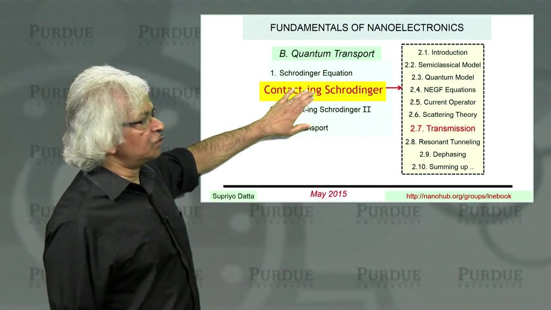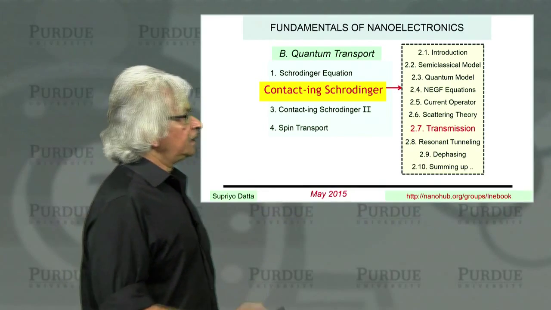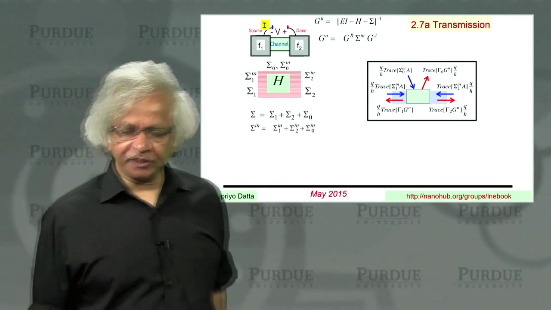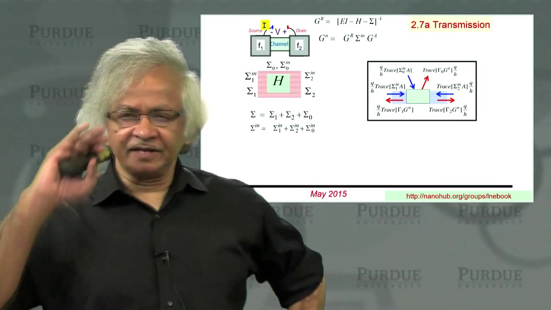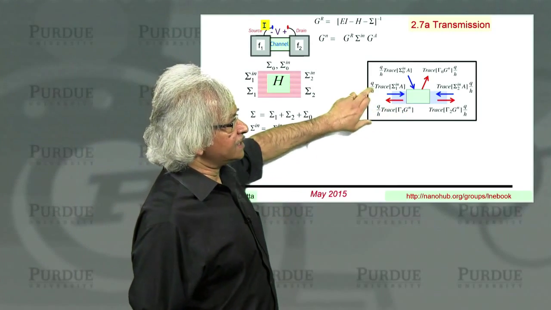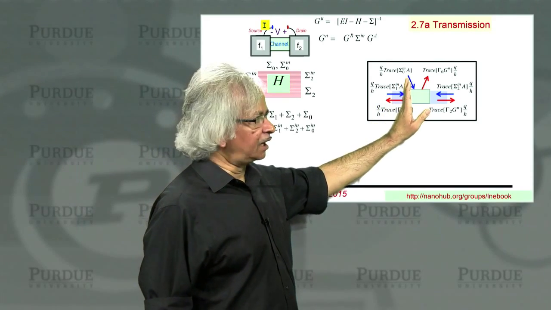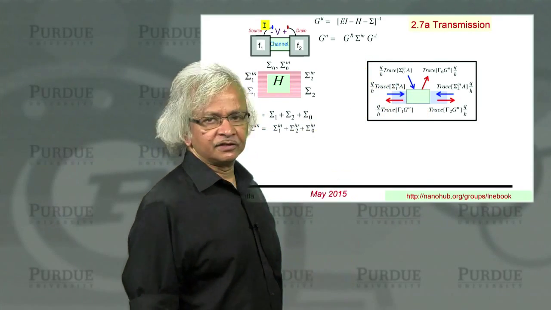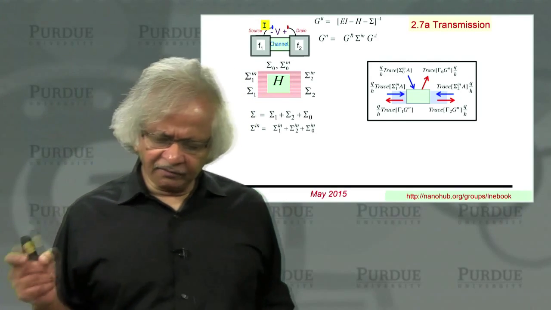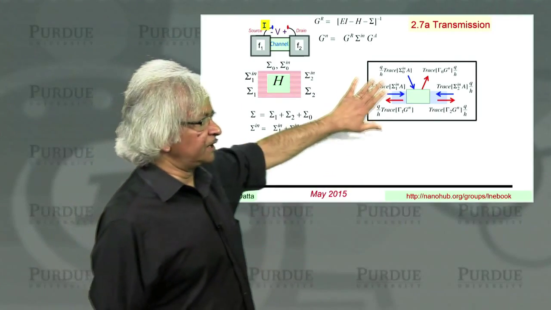Welcome back to Unit 2 of our course. This is the 7th lecture. Now, in the past lectures, when we were setting up these NEGF equations, one of the things I stressed is this picture of inflow and outflow. That is, there's this inflow and there's this outflow, and if you want the current at some contact, you can look at the difference of the two. Now, what we'll be doing in this lecture is I'll be giving you an alternative expression for current, which you will obtain starting from this.